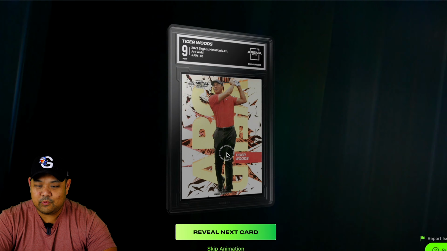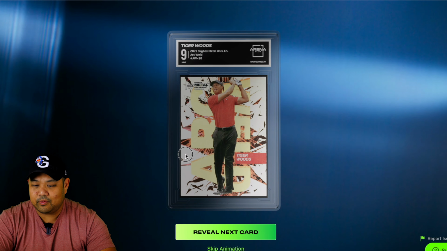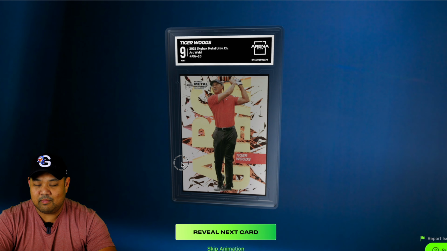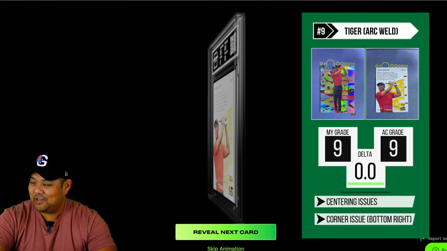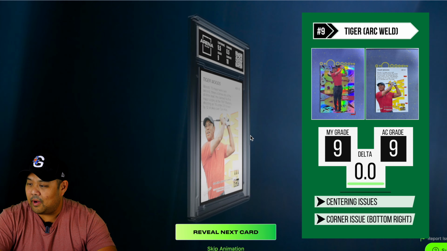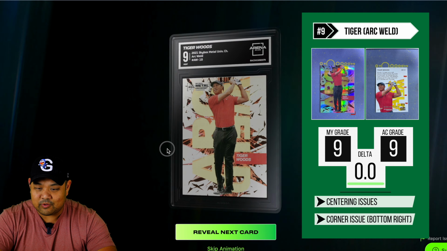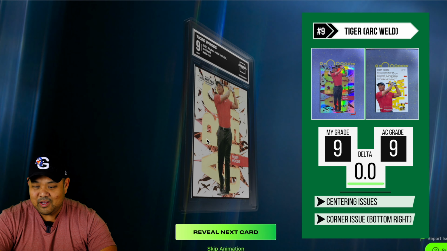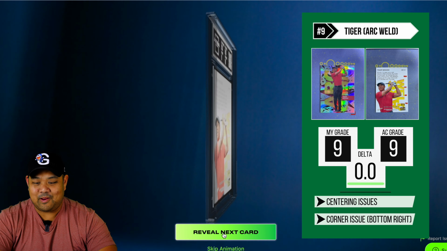Okay, Tiger Woods, we have the Arkwell. This is kind of like an insert that's not super highly printed in the metal series. I also put a 9. Okay, this is actually pretty interesting. Maybe I should become a grader. Bottom right corner was kind of messed up. Okay, yeah, and the cornerings were messed up. So I'm not too far off in terms of what I submitted and what is coming back